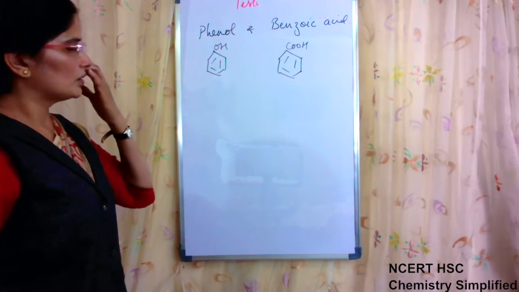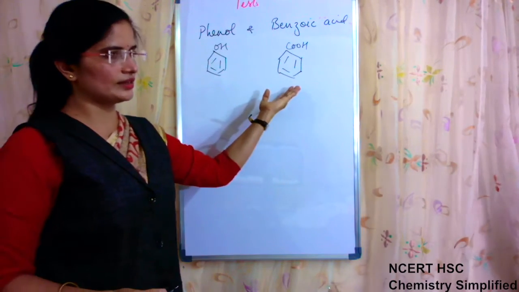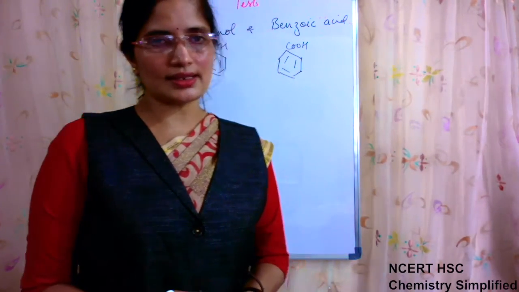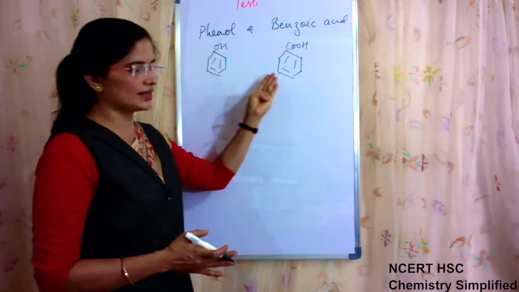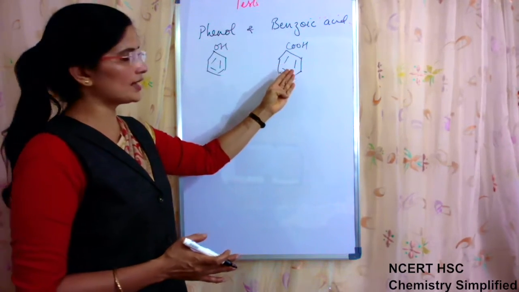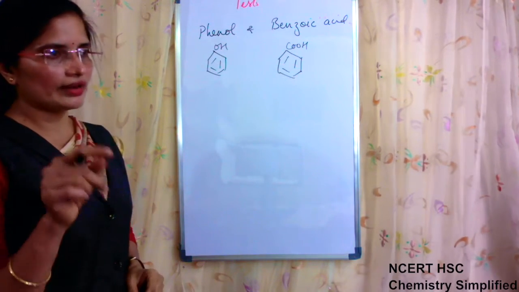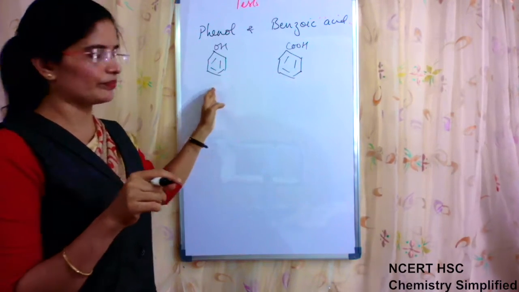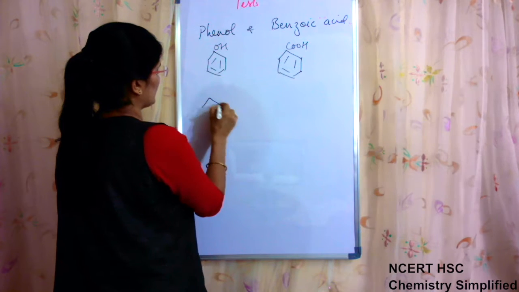For phenol and benzoic acid, we had written three reactions which were showing the acidic behavior of phenol as well as benzoic acid. So only one reaction was there which was only given by acids and not given by phenol. That reaction was when acids